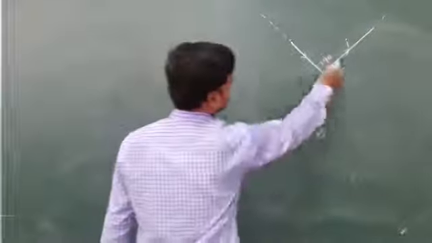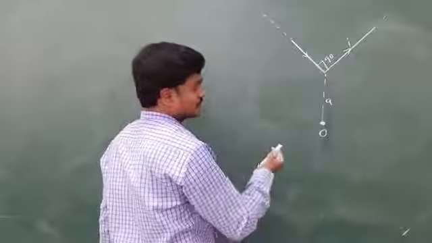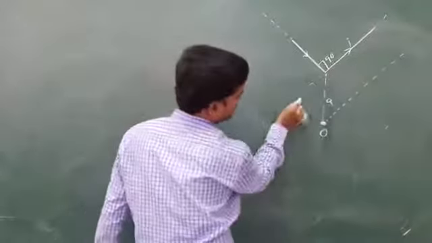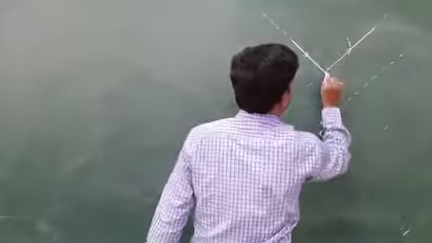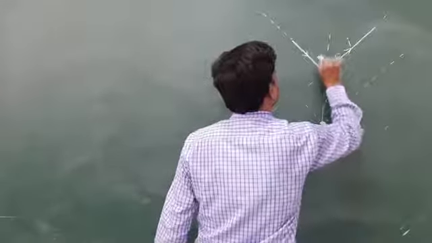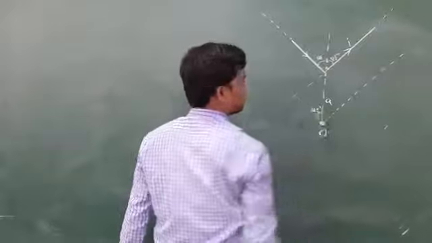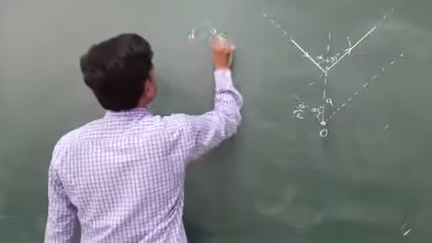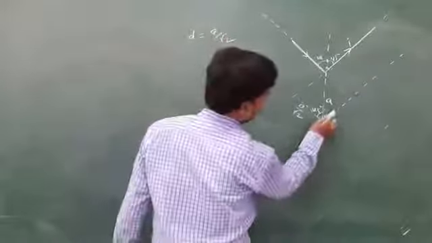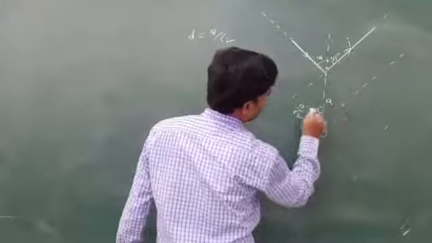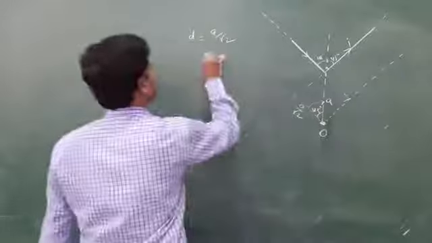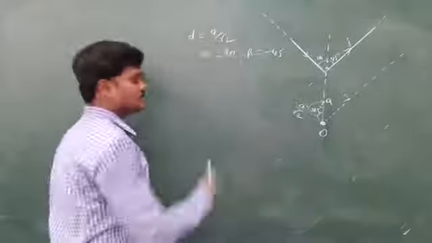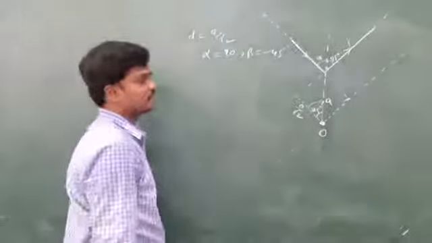So let me find it for this wire. For 2 wires, you will get 2 times the answer. So let me draw a parallel line and extend it like this. And here, see, this is 45, 45. Here also 45. So this is A cos 45, which is A by root 2. So d is clear, A by root 2. And here, this is alpha and this is beta. So alpha is 90, beta is minus 45, because alpha and beta are both in the same direction. That's why beta is taken as negative.